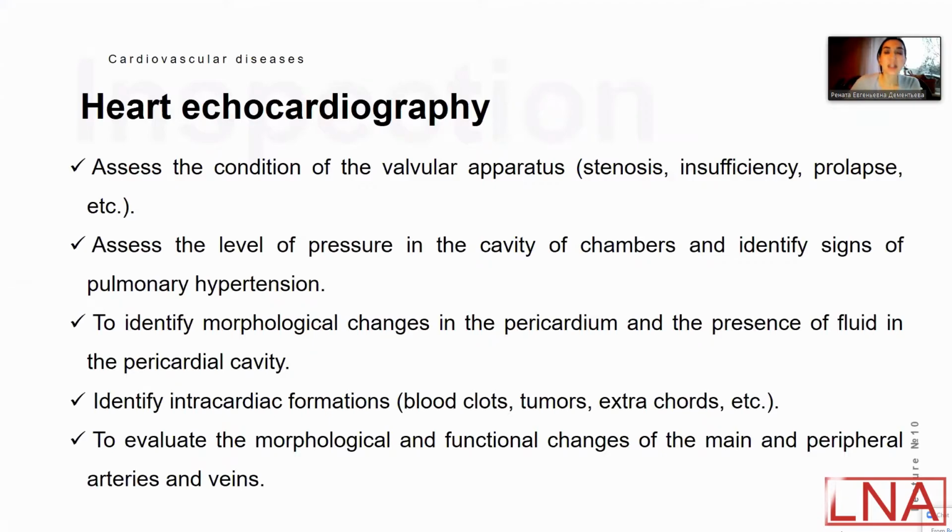We can identify during echocardiography intracardiac formations, blood clots, tumors, some additional elements, maybe an additional valve, some damage in the structure of the heart, some formations inside the cavity